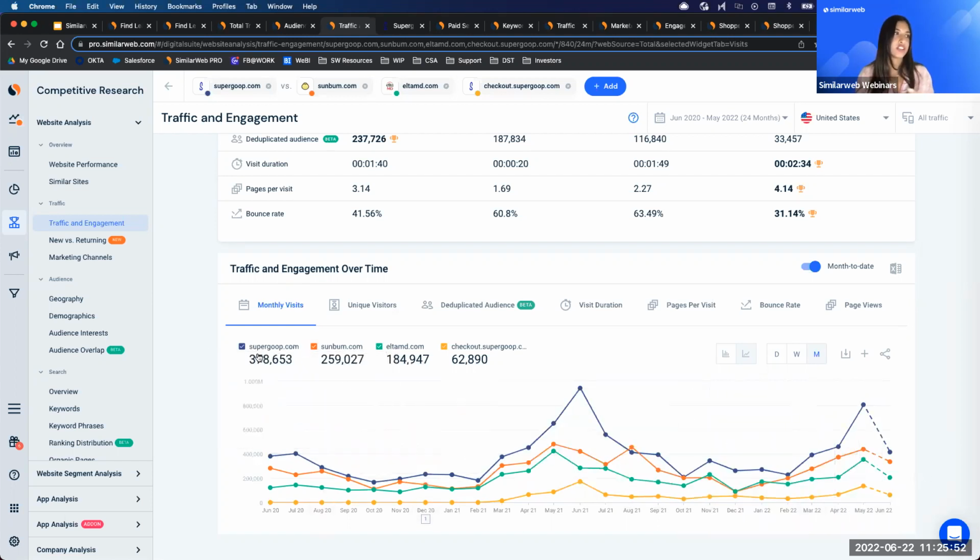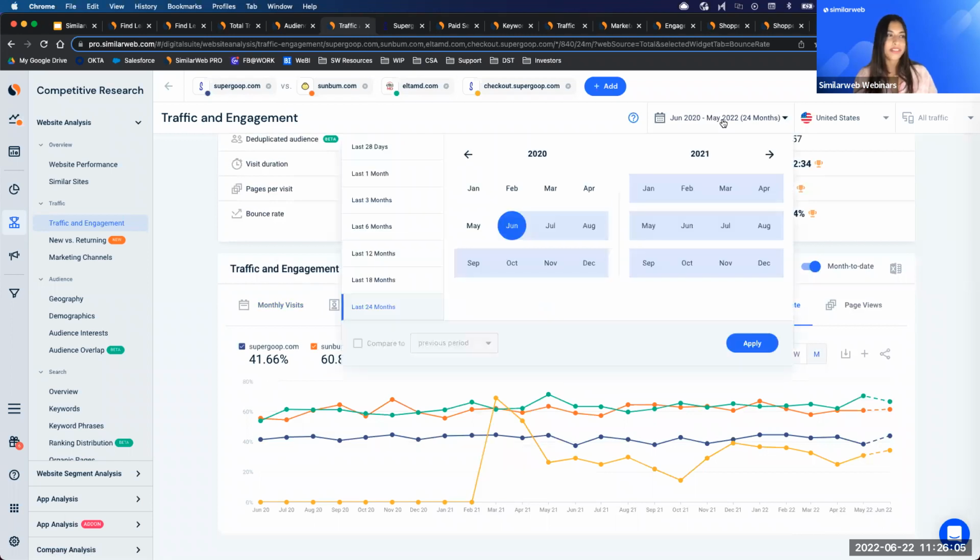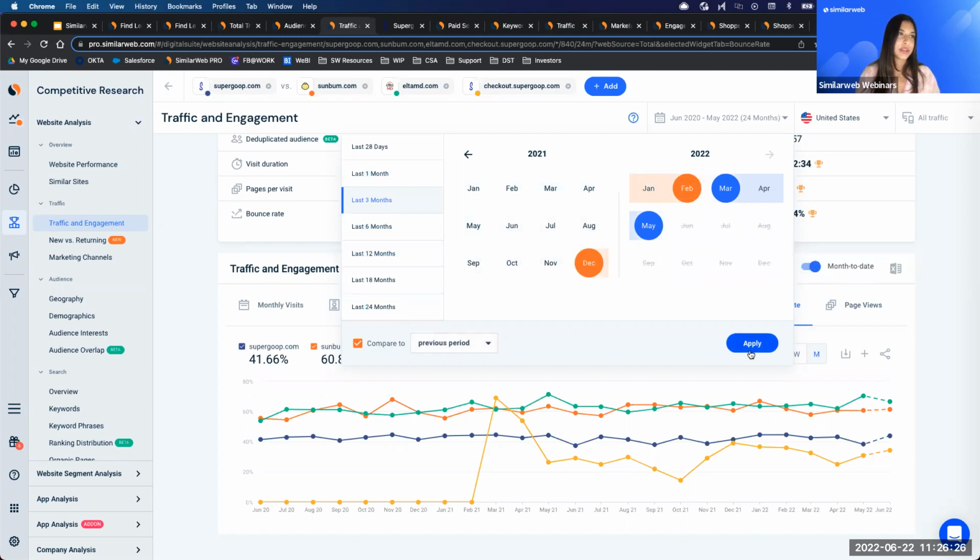It's clear that they're essentially the leader in this space from a traffic perspective, but it's always important to even look at things like bounce rate, essentially the percentage of visits that are staying on page. And also one of my favorite things to do in this analysis, that I hear really great feedback on from our customers in your space, is being able to understand traffic growth over time. So we can always look at different timeframes, whether it's looking at a trailing 3 months versus the previous period, which I hear is particularly helpful for some of you,